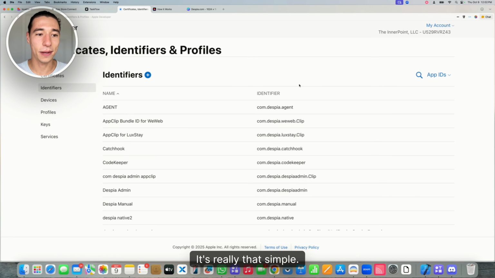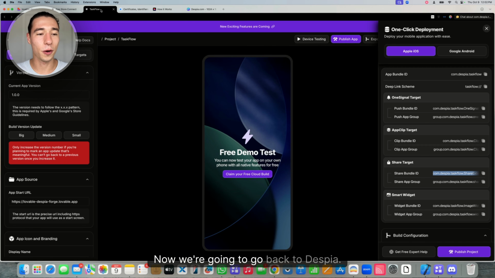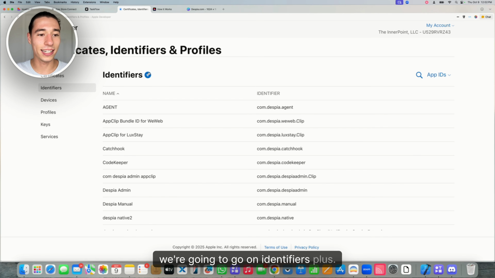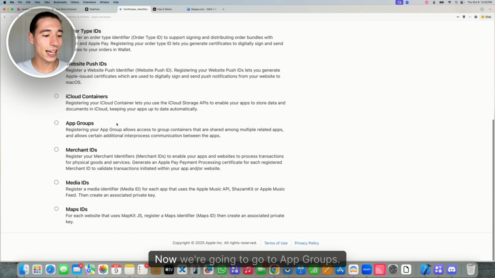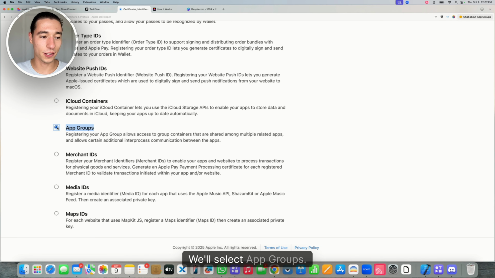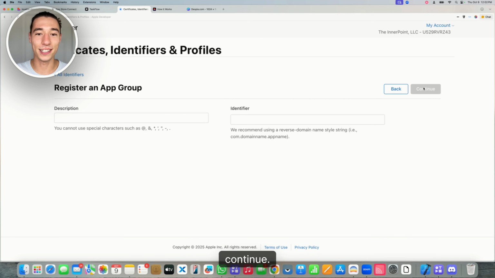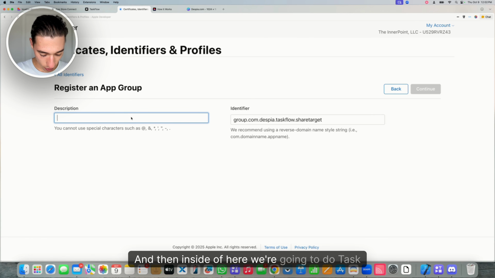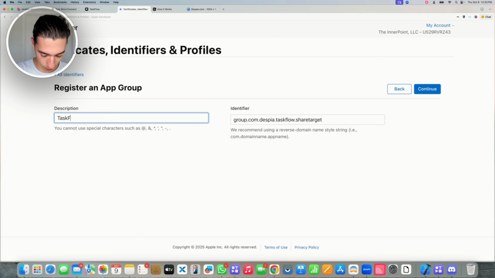It's really that simple. Now we're going to go back to Despia, copy the app share group. Let's copy that to the app group for the share target. We're going to go on identifiers plus. Now we're going to go to app groups. We'll select app groups. We're going to go on continue. We'll paste the identifier. And then inside of here, we're going to do task flow. And then task flow, share,